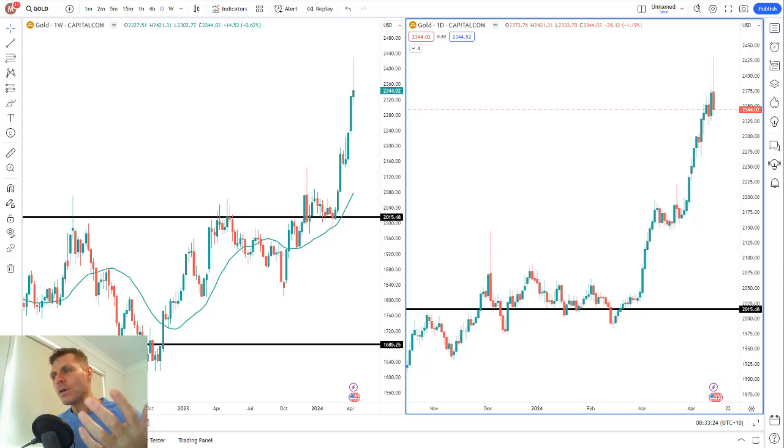So one of the big things I was saying there, guys, is utilizing two different time frames in the markets. What do I mean by that? Whenever I'm trading the daily charts, I'm looking for an entry on the daily charts to hold for a couple of days, for a week, and in some cases for a month or more, just like gold. I need to understand what's happening on the weekly charts.